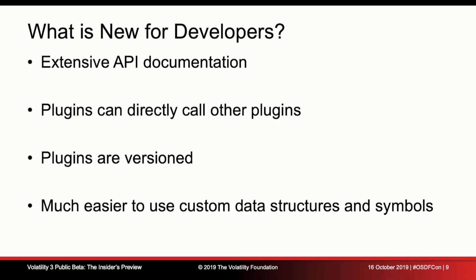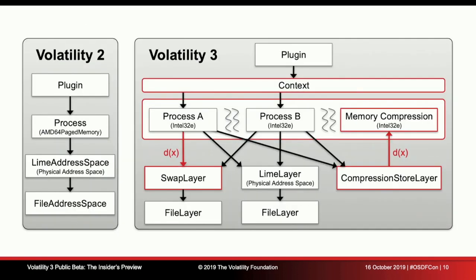So one of the other nice new features, and there's a whole bunch of them, and I could run for hours about them, but another one of the big ones is this layering idea. So everything inside of Volatility now lives inside of a context. Your layers live inside of a context, your symbol tables live inside of a context, and your configuration data telling you what your plugin does and what it doesn't do are all within this context.